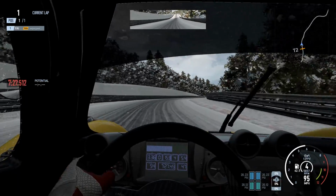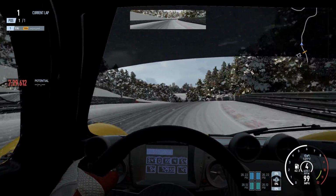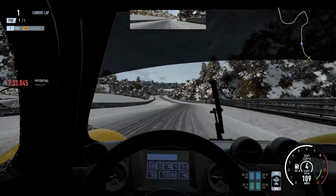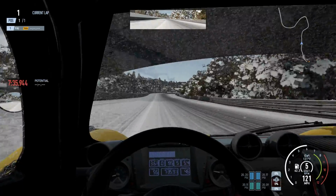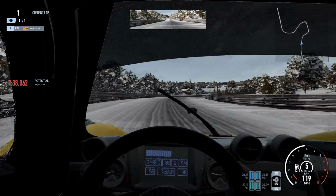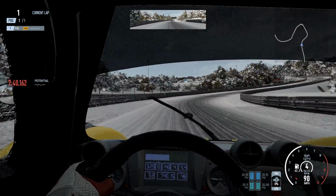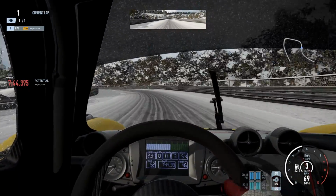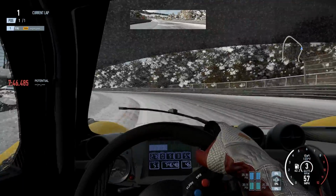You turn into these corners, you kind of think it's okay for a little while, for a second, and then all of a sudden the back end's wanting to come and say hello. It's not quite got a mind of its own, the back of this car, but it's quite scary to say the least. Now gently bring it down, under brakes into these next couple of corners,